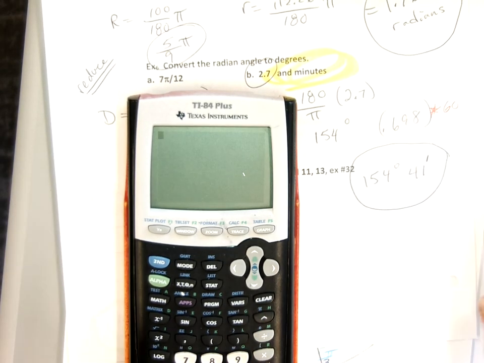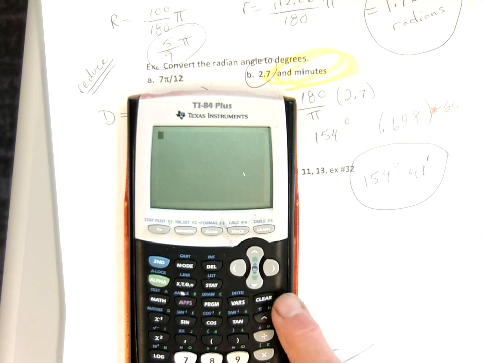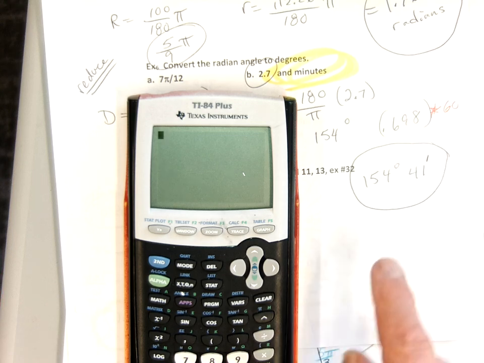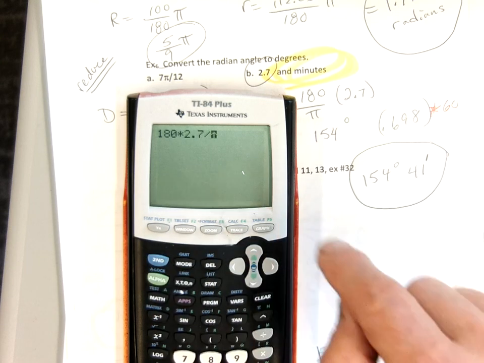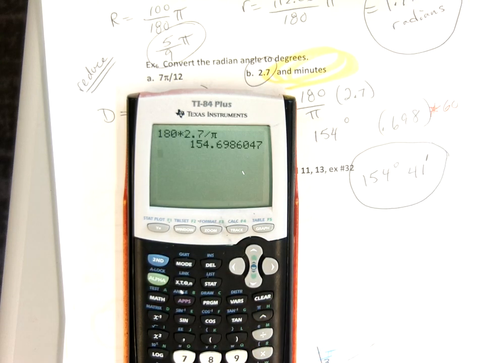Okay, how did I do? Thumbs up? So you just took the end of the decimal on 154 and then times it by 60? Yes, so I'll do it again. So I had the 180 times 2.7 divided by pi, okay? So let's look at this number. I know the answer's got to be 154 something, right? So for me, because I want to find an easier way to